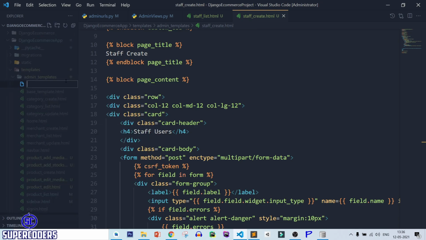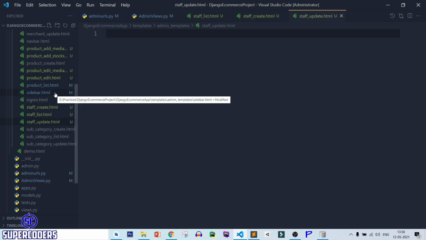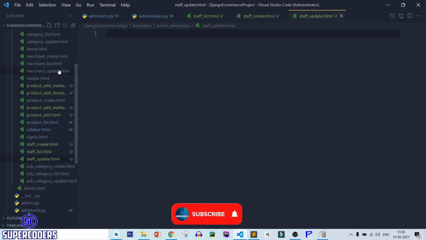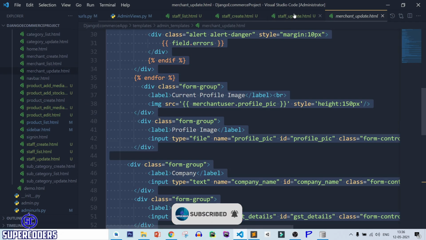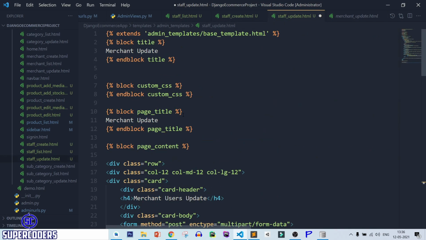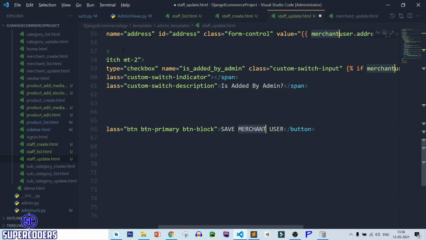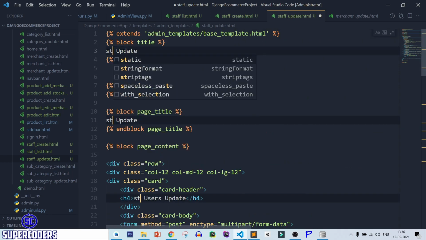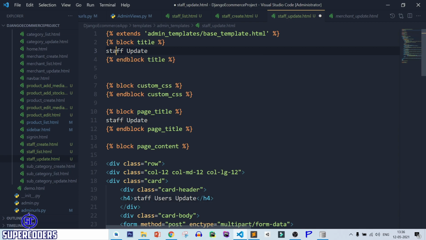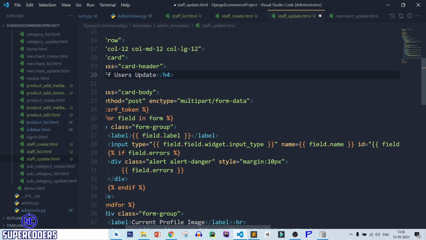After that, work on update page. So right click, new file, staff update.html. Again copy the code of merchant update, paste it, select all the merchant, staff, and here capitalize it, and capitalize it.